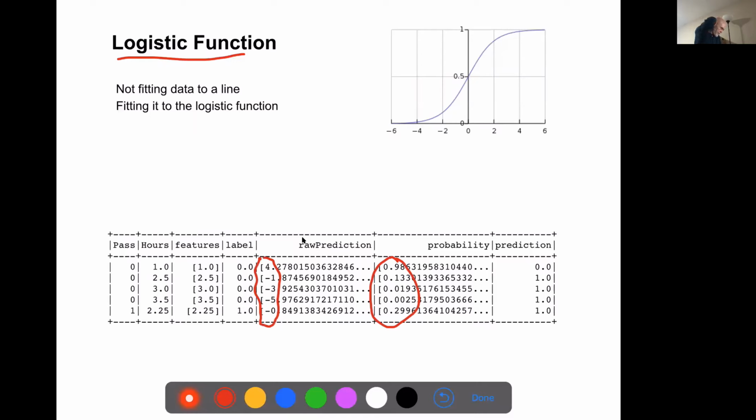And if you study machine learning, you're going to come across the logistic function a lot because, for one, it's used very, very commonly in neural networks. And that's a function.